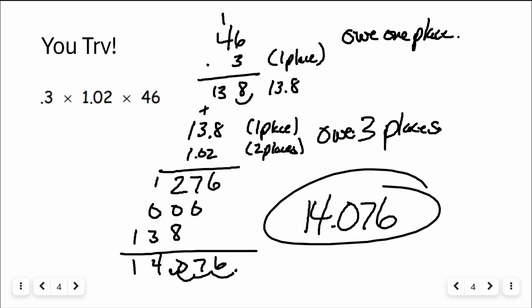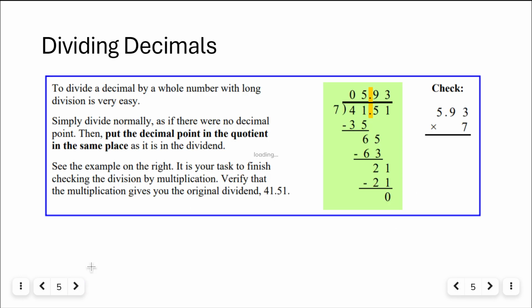I know for some of you, remembering your facts is a little bit complicated. You may not remember them. You have to remember them. You have to be able to do this work without the use of a calculator. Okay, it's important. All right, to divide decimals, if you're dividing a whole number